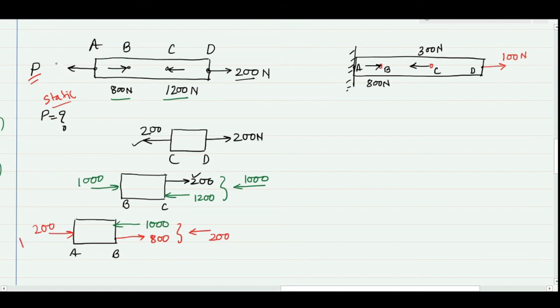But when I look at the problem, it shows that P is leftward, but actually I am getting P towards the right. So what I will do is put that this P will be minus 200. Now I can visualize that this bar is in tension, this is in compression, and this is also in compression. If I write the stress values, here the stress will be 200 by the cross section area. Here the stress will be 1000 by the cross section area. And here the stress will again be 200 by the cross section area. This is of tensile nature and these two will be of compressive nature.